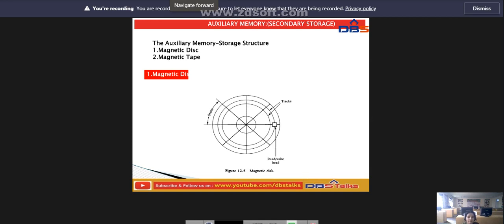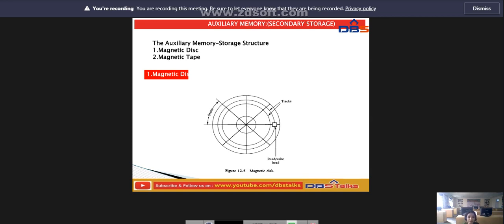This is the diagram of a magnetic disk, where we have the record and the read and write head. A record is a specified number of characters or words. Reading or writing is always done on entire records. Transfer rate is the number of characters or words that the device can transfer per second after it has been positioned at the beginning of the record.